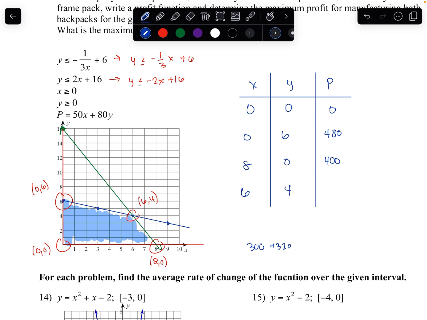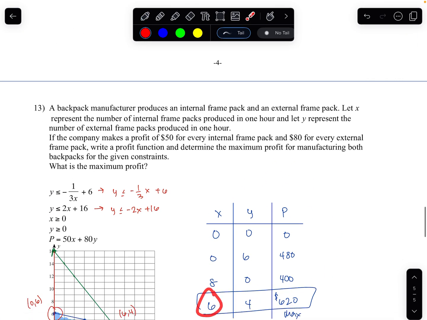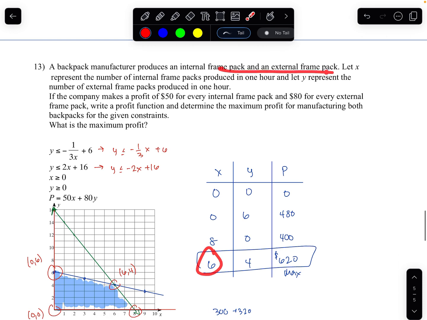Add those together, that's 620. So this is my maximum profit, right there, whenever I sell 6 of the internal frame packs,